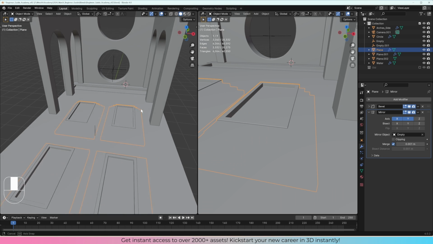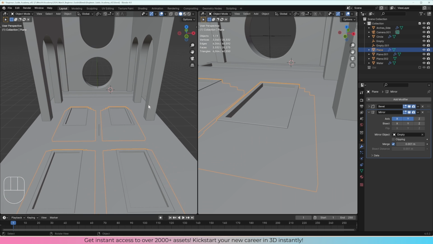Okay, so let's start with the geometry node system. Geometry nodes is pretty new to Blender, but it's an incredibly powerful tool which allows you to do lots of very powerful things. So it's very good to get a basic understanding of how it works. I'm going to start creating a grass system for you now, and you're going to follow along and we can create grass together, and hopefully by the end you've got an idea of the kind of things you can